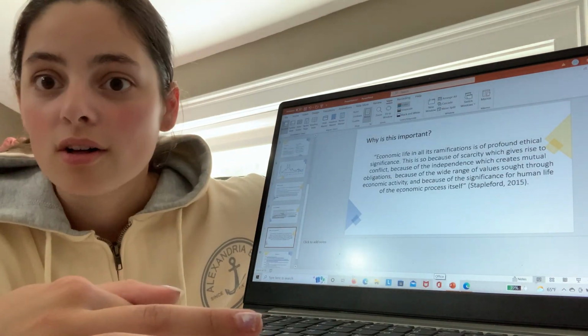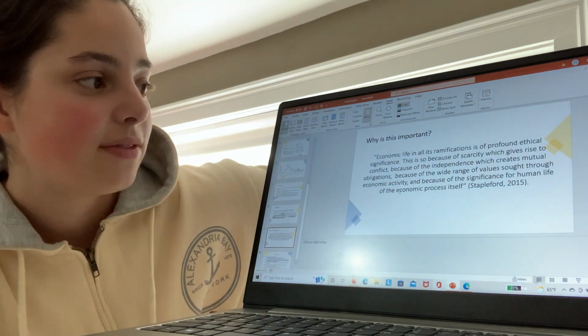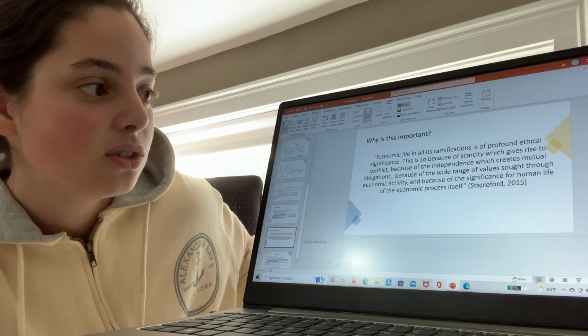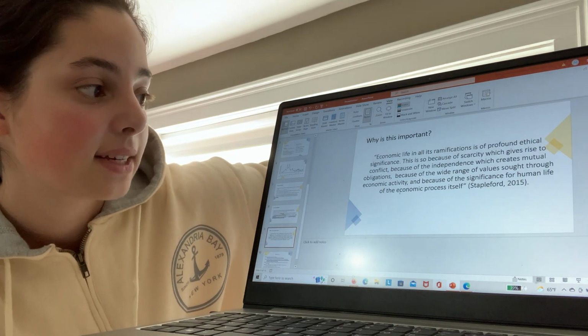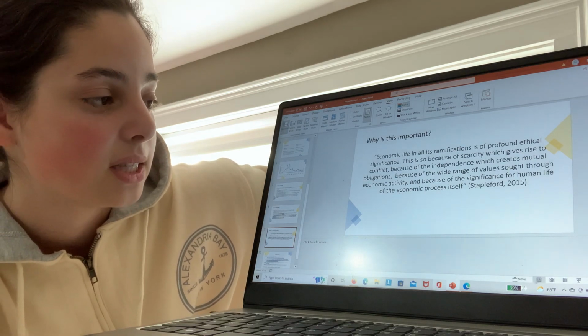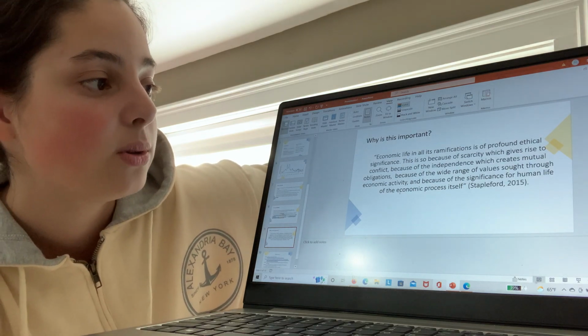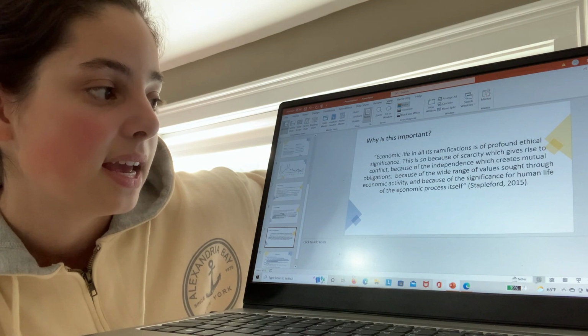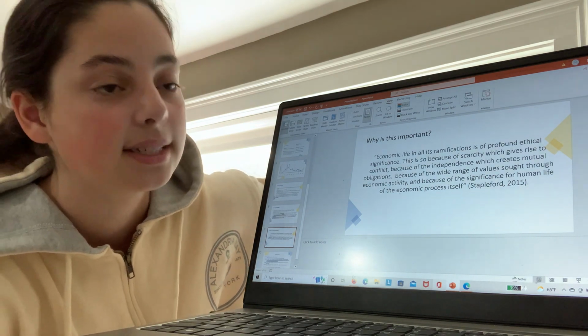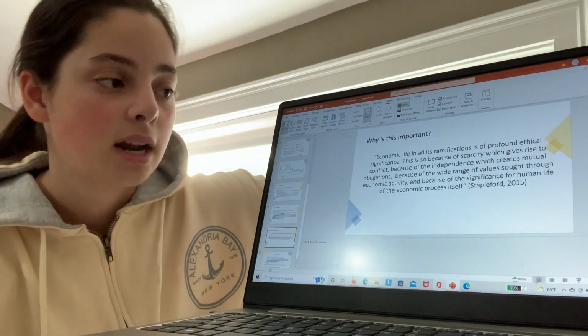Why is this all important? So, economic life and all its ramifications is of profound ethical significance. This is so because of scarcity, which gives rise to conflict, because of the independence, which creates mutual obligations, because of the wide range of values sought through economic activity, and because of the significance for human life of the economic process itself. So, that was in our book